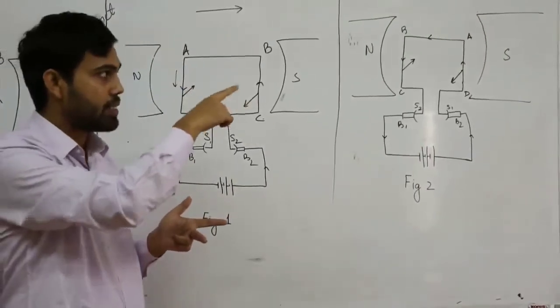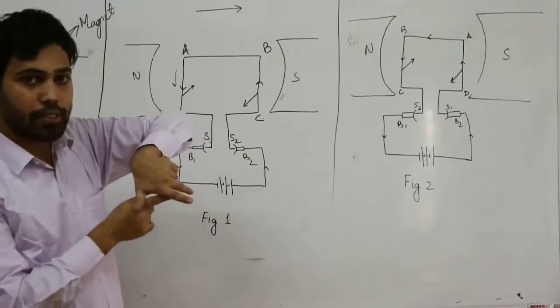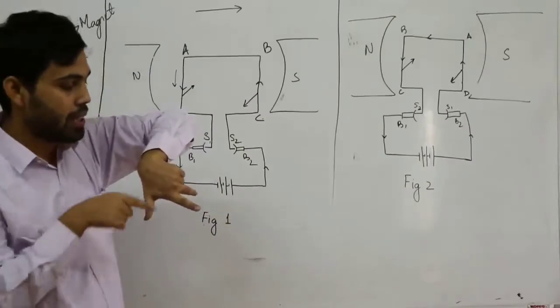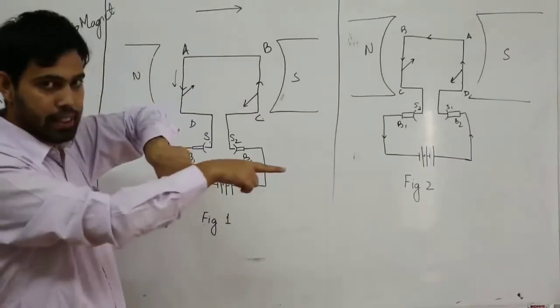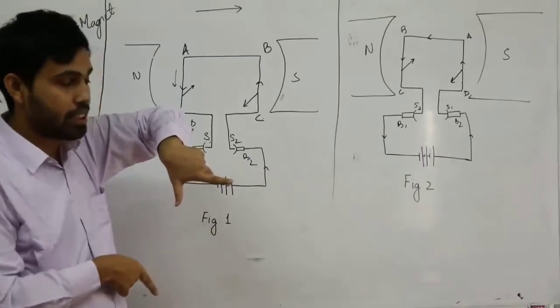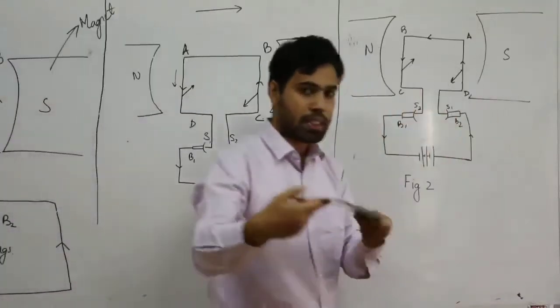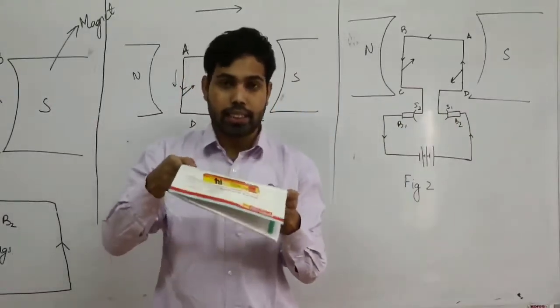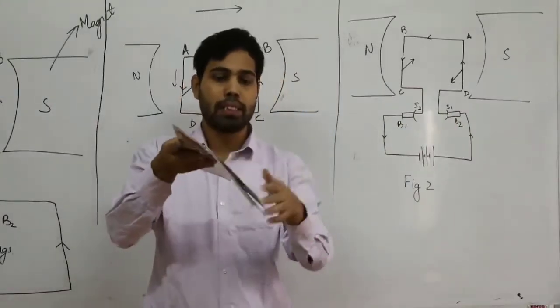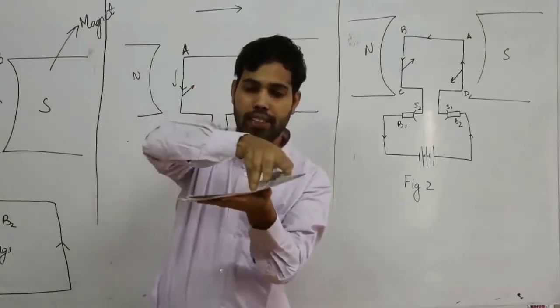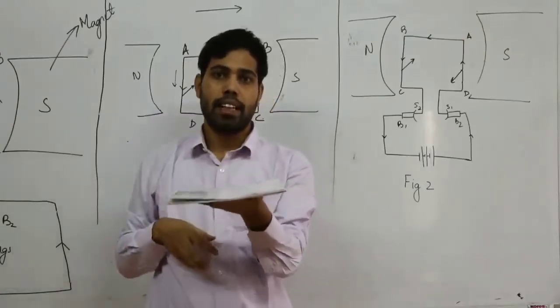And again, the same thing for AD. The direction of current has changed. It is moving towards me. The direction of the magnetic field is in this direction, so the conductor will try to move down. So from this position it will again rotate in the same way, because this is trying to move up, this is trying to move down. It will rotate in the same way and come back to its initial position.